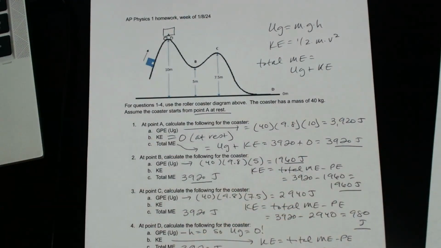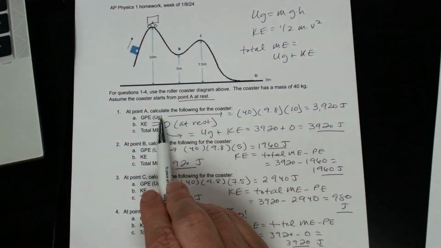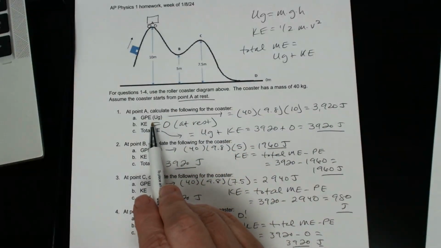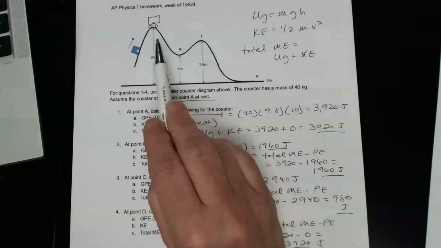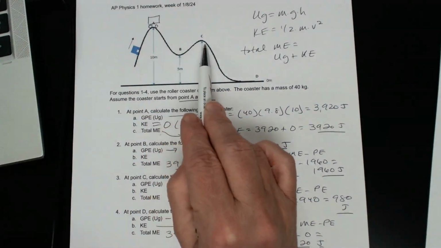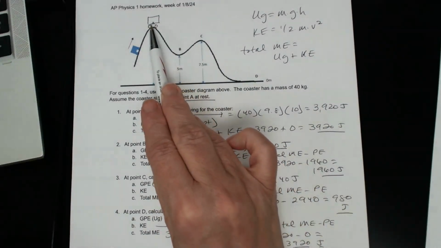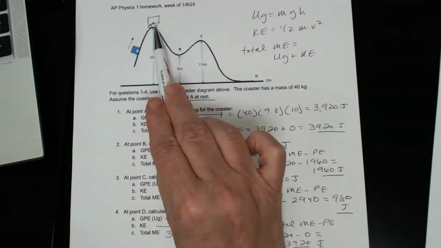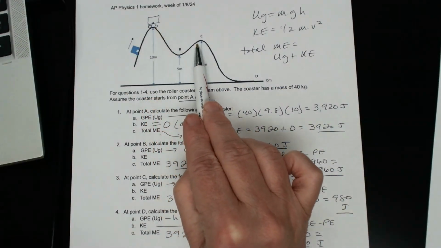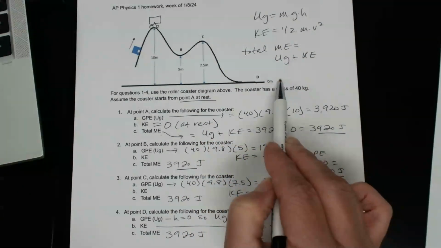So we're going to try and figure out gravitational potential energy, kinetic energy, and total mechanical energy at these 4 points. So we've got our initial point, we've got 2 other heights, and we've got a final point, and we're going to assume our coaster starts here from rest, it travels downwards,